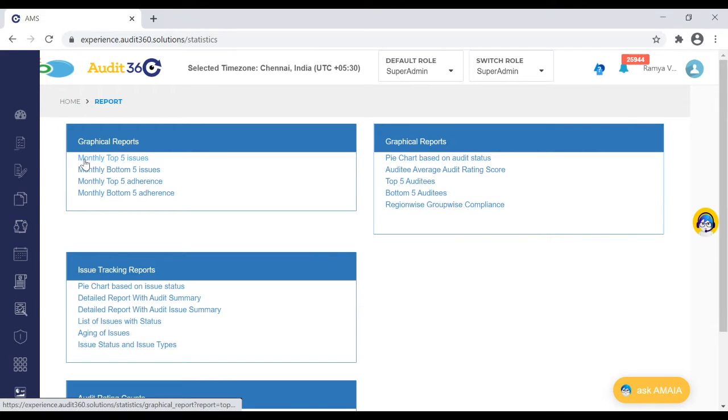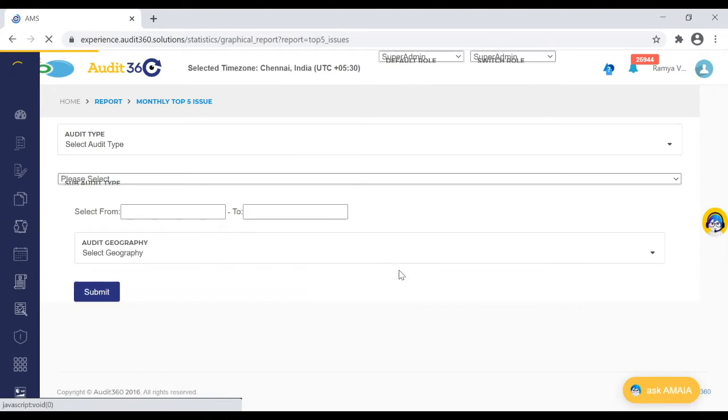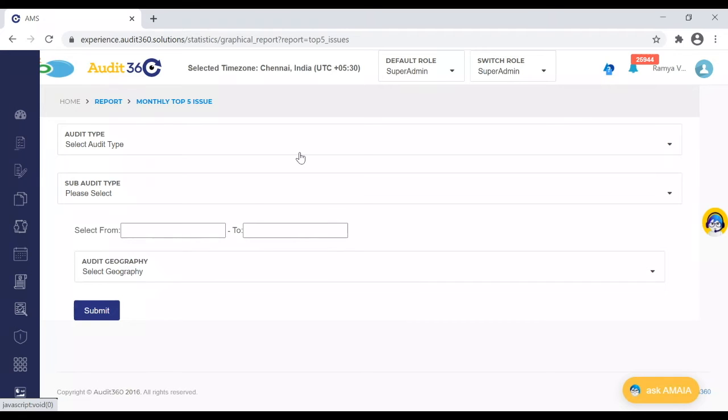So we have monthly top 5 issues. This top 5 issues would talk about if there are any audits which have been executed for a particular audit type, and basis the observation done by the auditor and the issue tagging is done. Basis the number of issues which are identified against a particular checkpoint, those will be tagged under the top 5 issues. For example, if we are doing